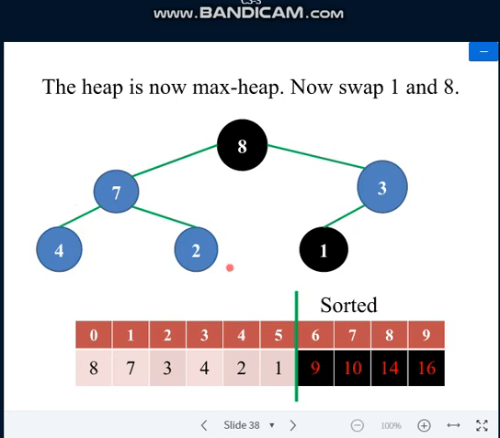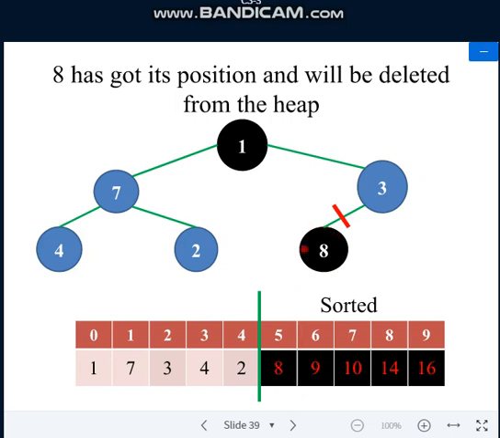8, so 7 and 2. So, now again check 7 and 3, it is smaller than 8. 4 and 2, it is smaller than 7 and 1, it is smaller than 3. So again you are going to swap these two. Why are you swapping the last node? Because root node will always get the highest value. Because it is a max heap tree, the root node will get the highest value, and the last node, if you try to swap, so highest elements will get its position. So that is the reason we are always swapping the root node with the last node and then deleting that last node. Yes. So here also 1 and 8 will get swapped and you are deleting that node.